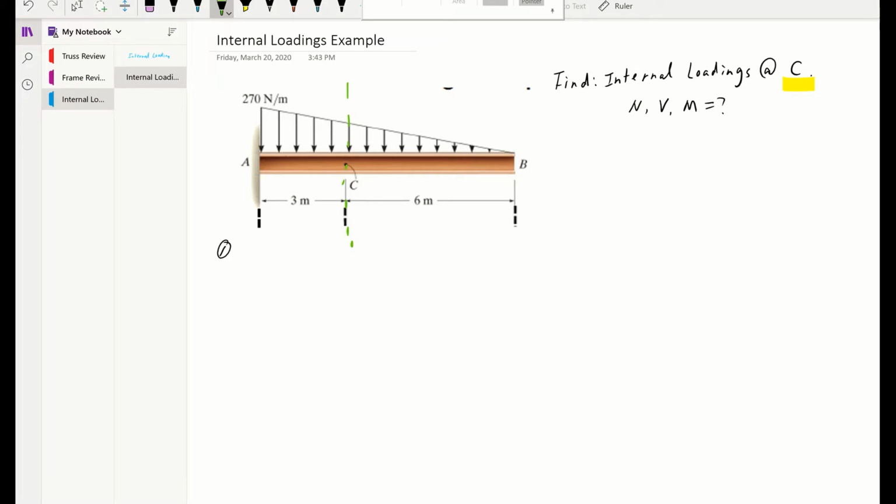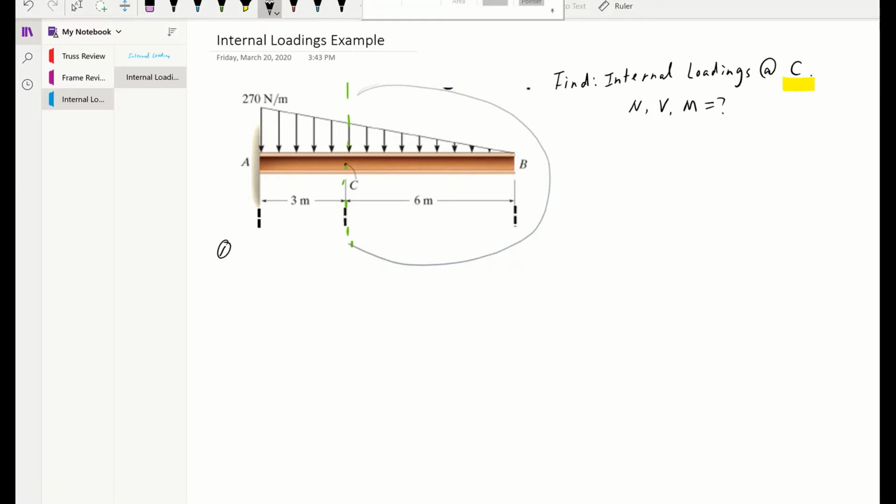So in this video, we might demonstrate both sections to show we actually get the same results. If we go with this right section over here,